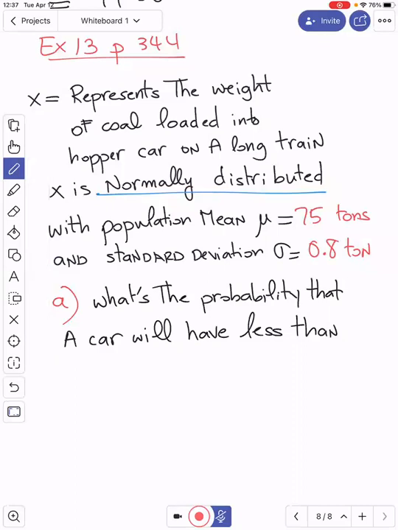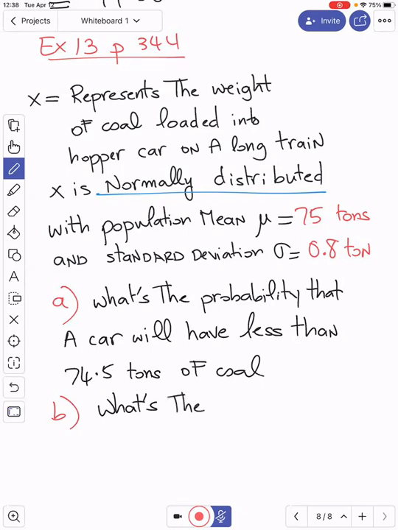Here we have less than 74.5 tons of coal. In B, let's do more than. So in B, we take a sample of 20 cars. What's the probability that 20